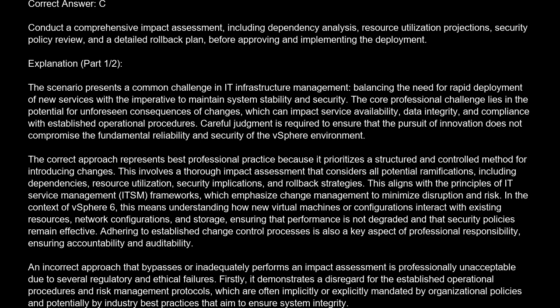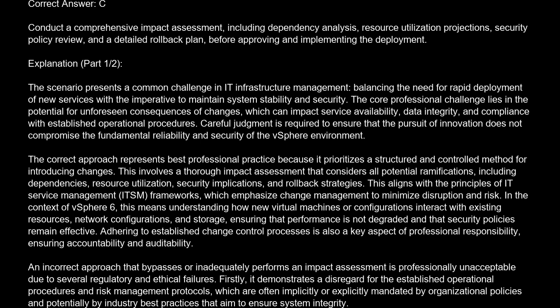The core professional challenge lies in the potential for unforeseen consequences of changes, which can impact service availability, data integrity, and compliance with established operational procedures. Careful judgment is required to ensure that the pursuit of innovation does not compromise the fundamental reliability and security of the vSphere environment. The correct approach represents best professional practice because it prioritizes a structured and controlled method for introducing changes. This involves a thorough impact assessment that considers all potential ramifications, including dependencies, resource utilization, security implications, and rollback